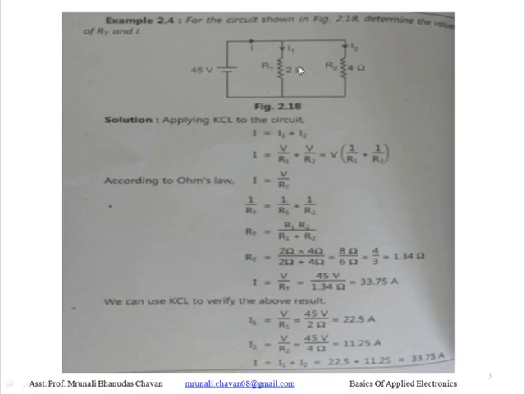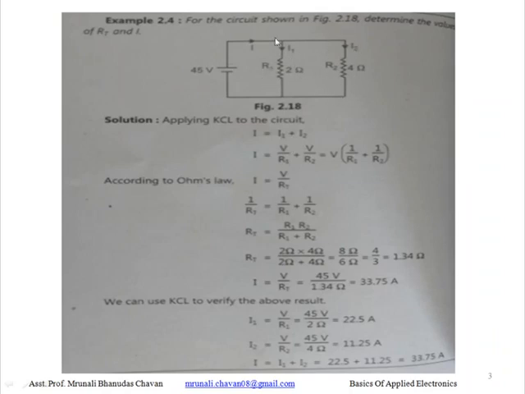दोन रेजिस्टर जर का पॅरलल असतील तर पॅरलल रेजिस्टरच्या अक्रॉसचा व्होल्टेज ड्रॉप जो आहे तो सेम असतो आणि जर रेजिस्टन्सेस सेरीजमध्ये असतील तर सेरीज रेजिस्टरमध्ये करंट जो आहे तो कॉन्स्टंट राहतो. मग आपण त्यावरून या ठिकाणी इक्वेशन I1 साठी लिहू शकतो किंवा I साठी इक्वेशन आपण या ठिकाणी लिहू शकतो. I is equal to, for I1 we can write here V. V means voltage drop across this. R1 च्या अक्रॉस पण आणि R2 च्या अक्रॉस पण व्होल्टेज ड्रॉप सेम असणार आहे.